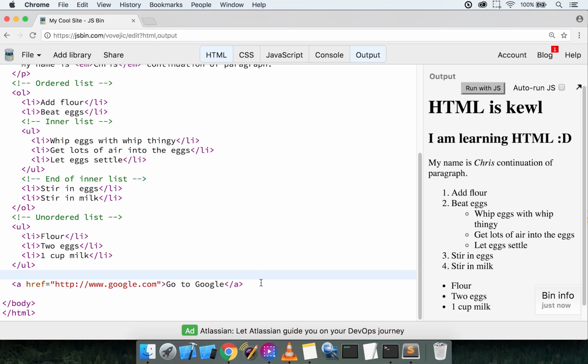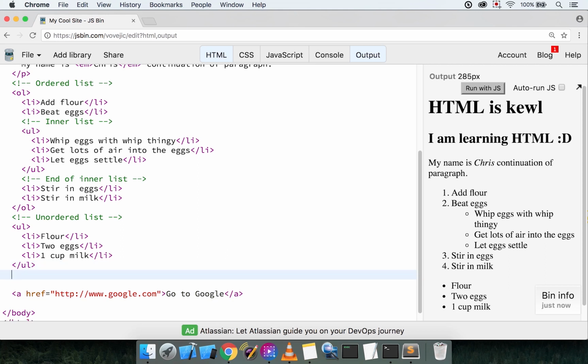Now, for links, I would say it's pretty common to have them in a list because it's common to see that as part of, say, a navigation list. So you might have a bunch of links listed together. It makes kind of logical sense to put those together, like a lot of other things in lists. Right? It's true that lists are used all over the place. So if you wanted to throw this into a list, well, you can probably imagine how it's going to work,